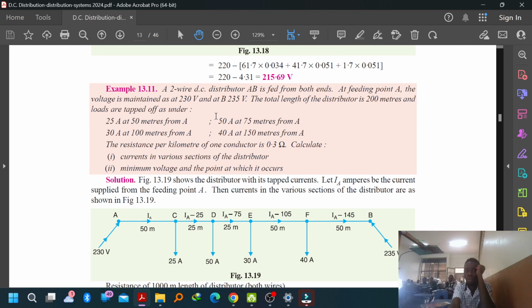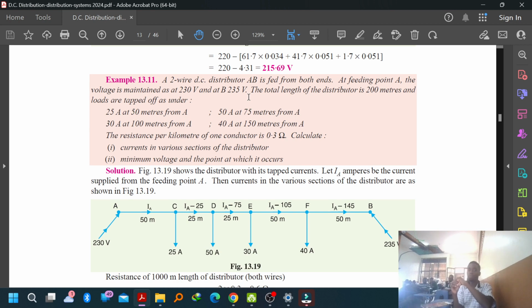So we're having example 13.11. It's saying a two-wire distributor. Let me see what they want. Yes, so let us work out with this. They're saying a two-wire distributor, AB, is fed from both ends. At feeding point A, the voltage is maintained at 230 volts, and at B, the voltage is at 235 volts. The total length of the distributor is 200 meters, and the loads are tapped off